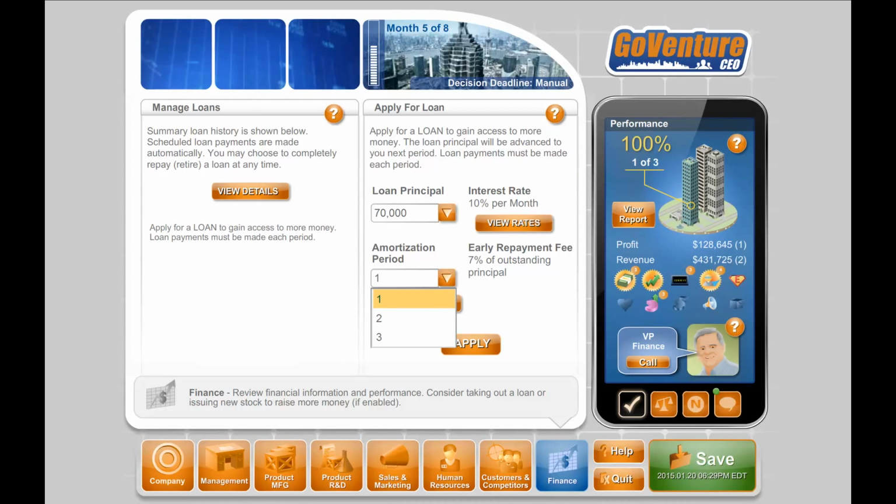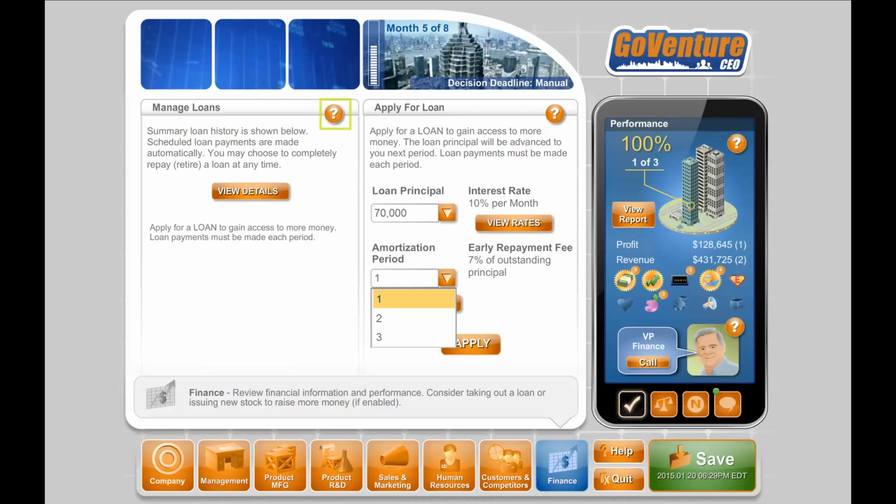Loans are debt financing. With a loan, you can borrow money at a set interest rate. Principal is the amount of money you want to borrow. Amortization period is the amount of time and number of payments you will make to repay the loan. Interest is the money you will pay to the lender for the privilege of being given the loan. Loan payments will be automatically withdrawn each period from your cash account, not your budget. You may choose to fully repay a loan before it is due, in order to save on interest costs. But doing so may incur an early repayment fee. You can take out as many loans as you like, up to the maximum loan principal.